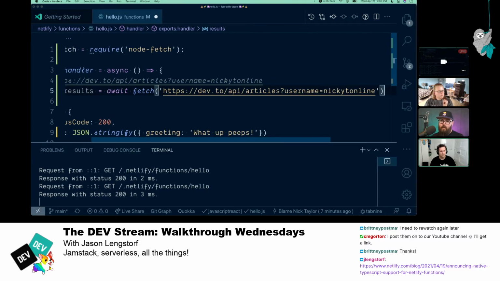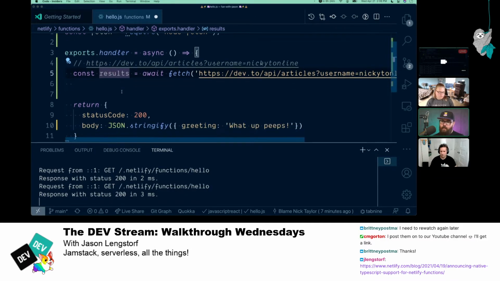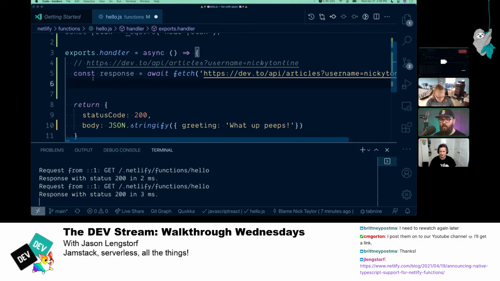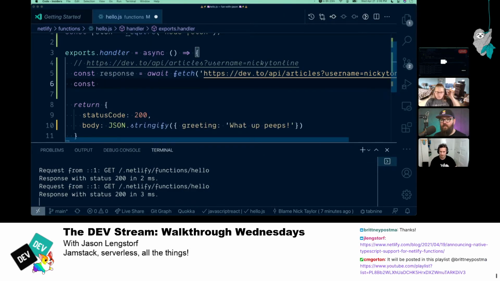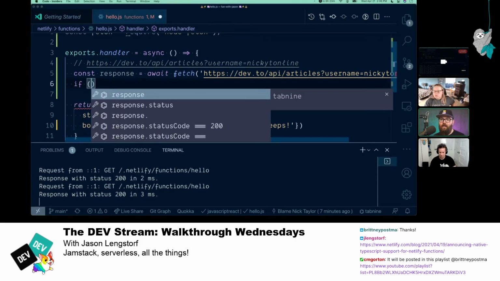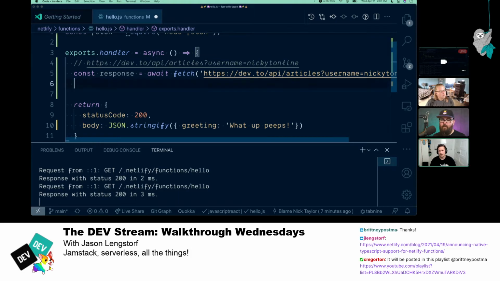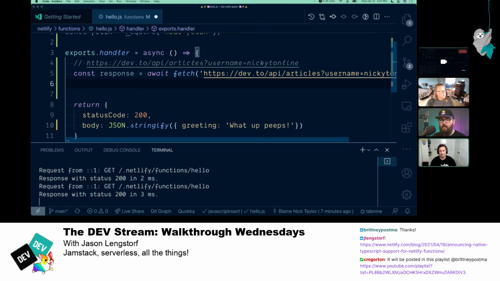Cool. I'm just gonna test it with my username for now. And then because it's the fetch API, we need to do a .then. Actually, let's do this another way that I like. You get your response, and then we can do if response. Do you want to do error handling or just power on ahead? We can power on ahead. Why don't we get the API showing, and if we have time, we can pop in the error handling too.